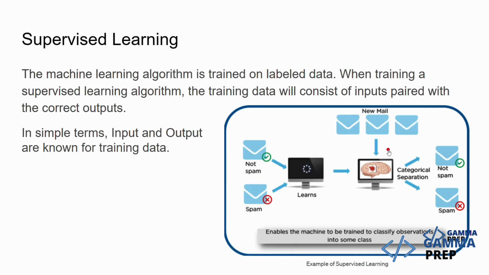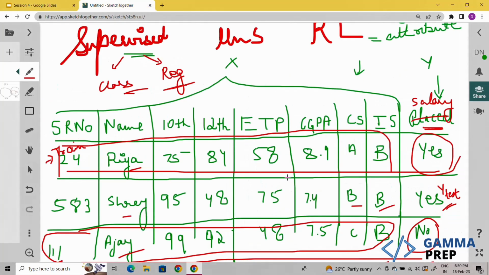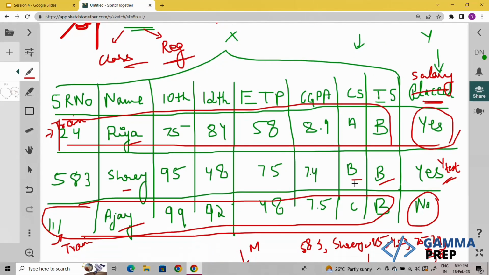And then I'll compare it with the actual result. Only if my model turns out to be very good, that is, it's giving good predictions on the testing data, then only it will be used for the new data for which my Y is unknown. So even here, if your model was turning out to be good for the testing data, that is, your Y test and Y predictions were very close to each other, now for the new students who have not sat for placements, we will try to predict what is their placement status. Once our model has proved itself on the testing data, then only it will be used for the new data for which right now the Y is unknown and we are trying to predict it.